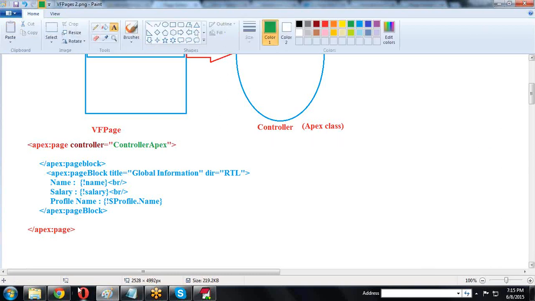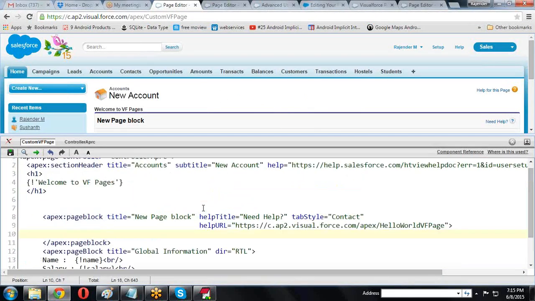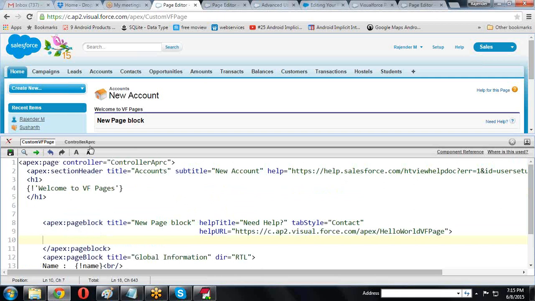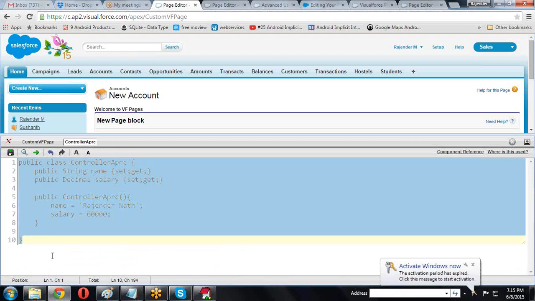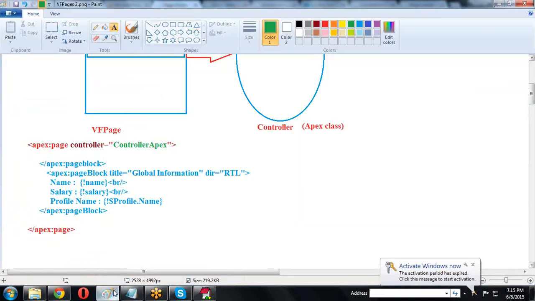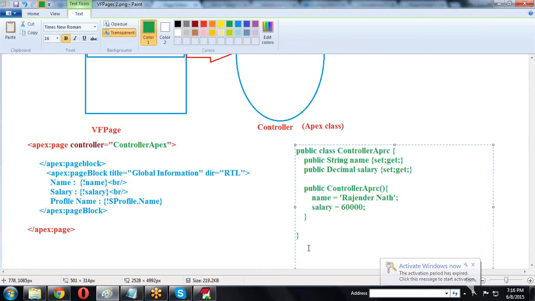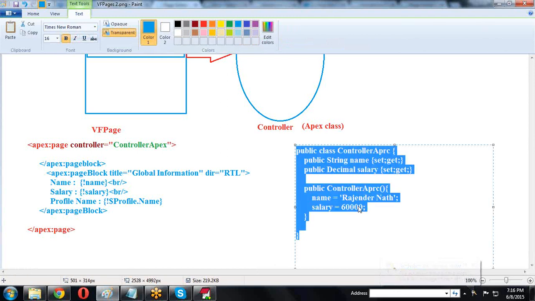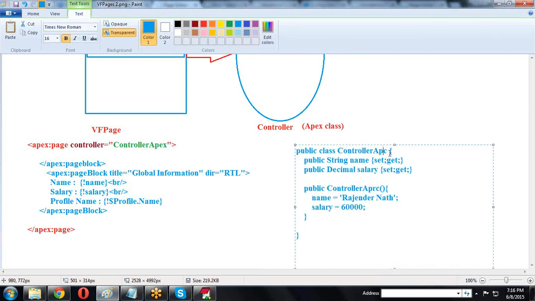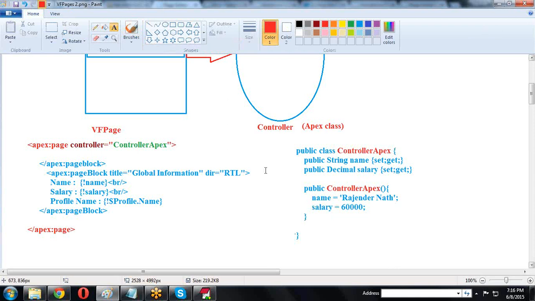Now here for the Visualforce page, what is the setter method and getter method? So that is why we are using setter and getter methods.